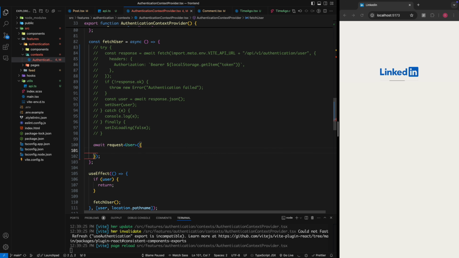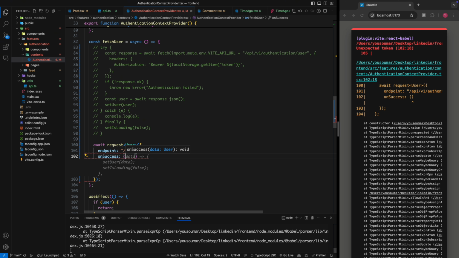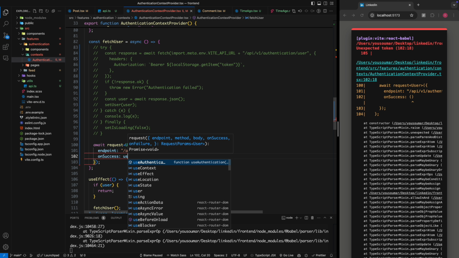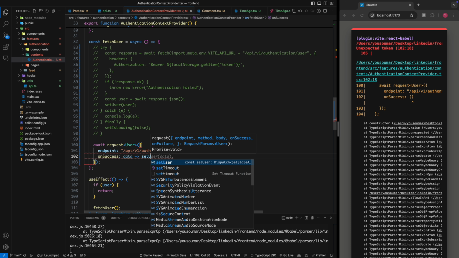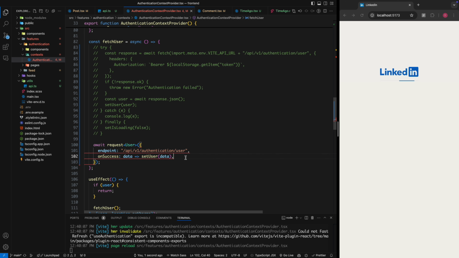The first one is going to be our endpoint, which is the same as here, but we don't need to pass the base URL because that is done in the function. Then we don't need to pass the method because it's a GET, which is our default. Then what we do on success, when the request passed, is grab the user, which we can call data, and call our setUser and give it the data. And when there is a failure,